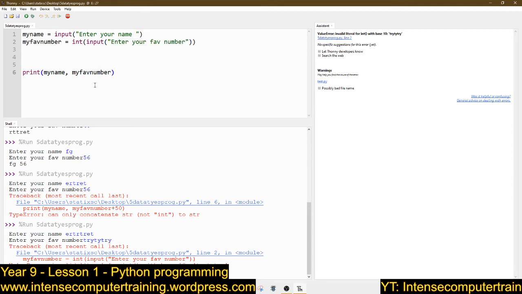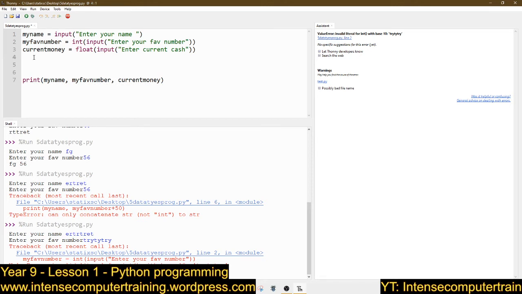Now I've been really slow and laborious with that because it's really important that you understand that you can get in text data and you can get in input data. Similarly, you can get in float data. So current money equals float, open a bracket, input, open a bracket, enter current cash, speech marks. Now the way I did that then was one bit at a time. I'm going to show you how you should be doing this when we do the next one. So now I can get my current money. So there you go, put a comma here, paste that here, and then the next one is our boolean.